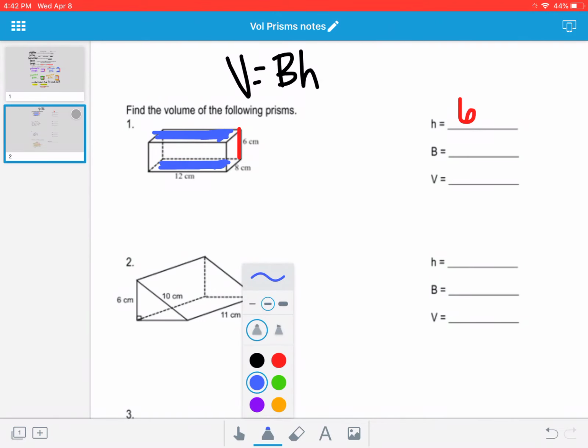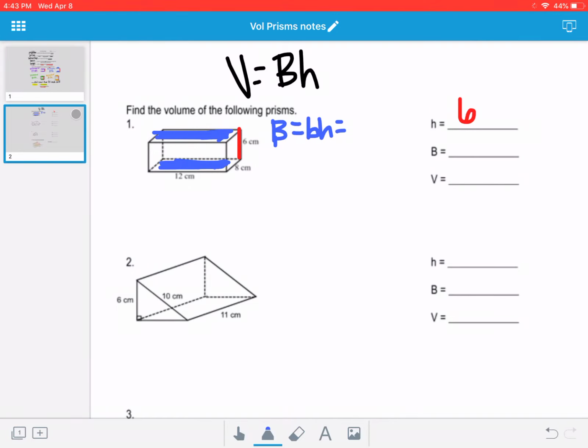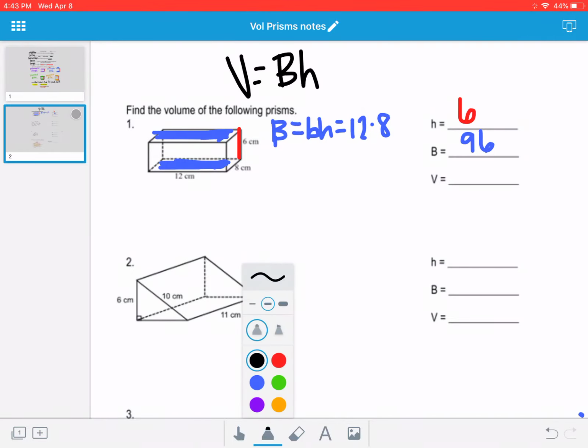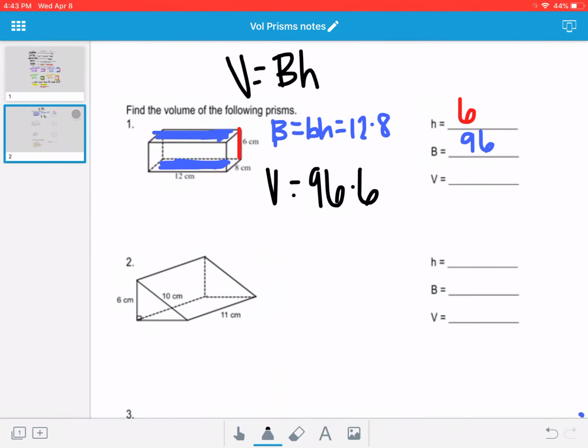To find big B, the area of the base, I have to be able to find the area of our rectangle. To find the area of a rectangle, it's base times height, or length times width, which in this case is 12 times 8. So the area of our base would be 96. To find the volume then, at the top, volume is big B times H. So now we need to take 96 times 6, and we get